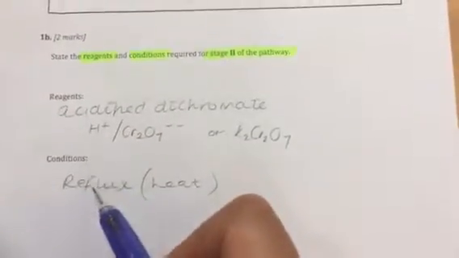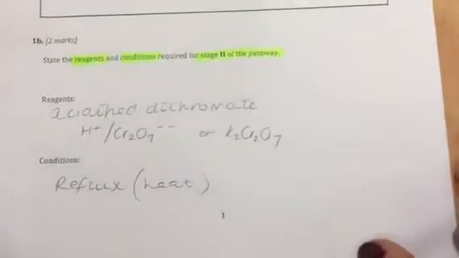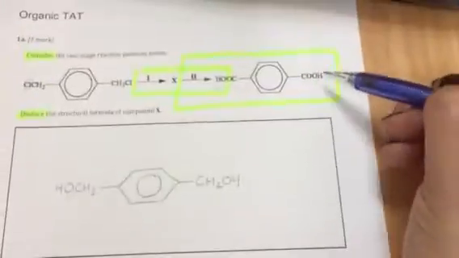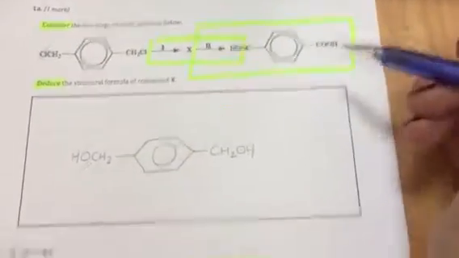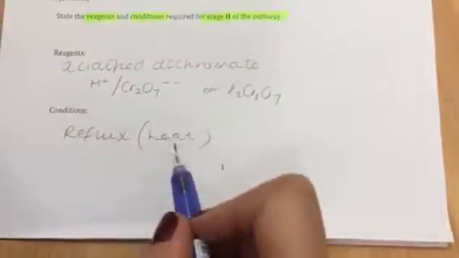And the conditions are reflux. So if you had distill only, you wouldn't form a carboxylic acid here, you would just form an aldehyde. So you have to ensure that you put reflux. Heat is acceptable, but reflux is the most important part of that question. Again, just to repeat, that is just knowledge. The next question,